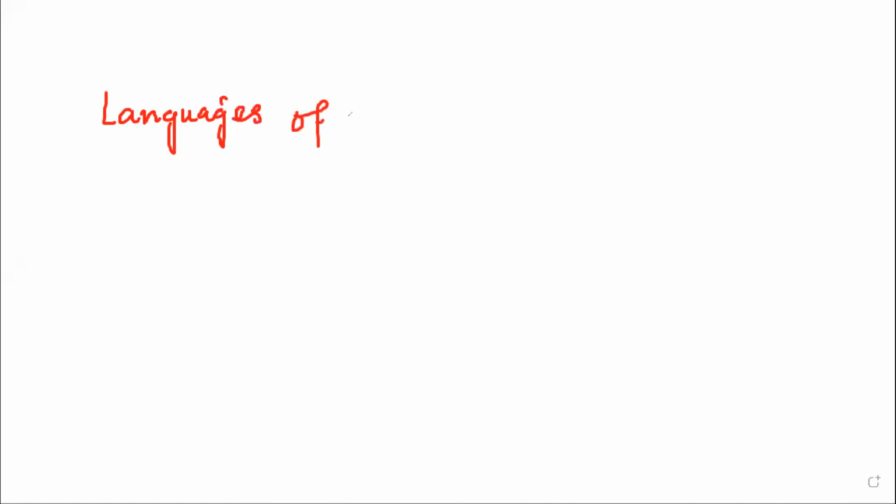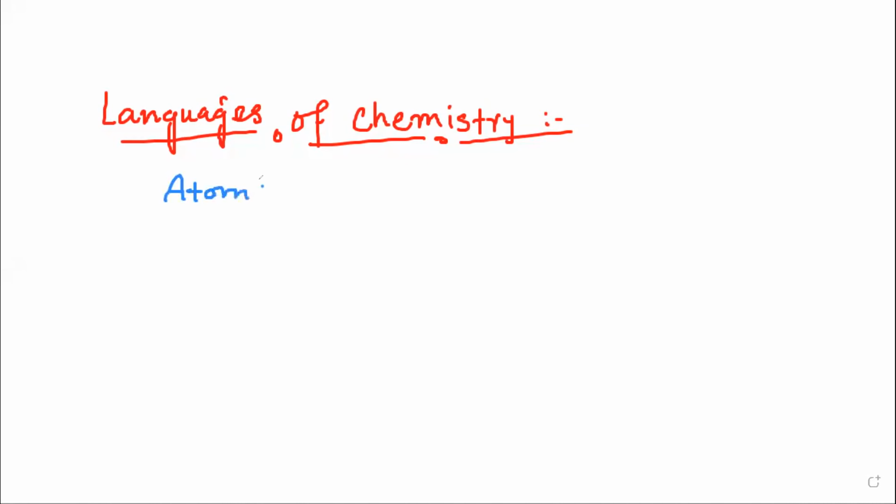Language of chemistry. So I was just telling what chemistry actually is. I told that it is that branch of science which deals with the study of atoms, molecules, and their transformation, right? I will just write it here: that here we study one, the atoms, another, the molecules, and the third one, their transformation. So can you tell me what an atom is?